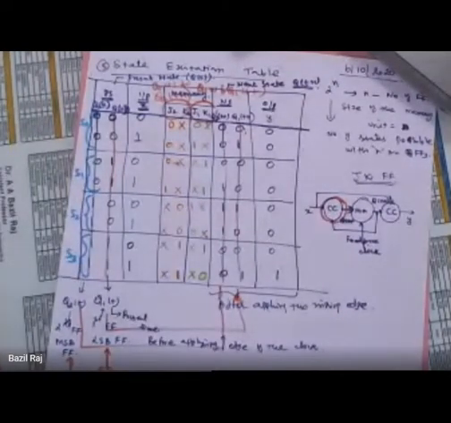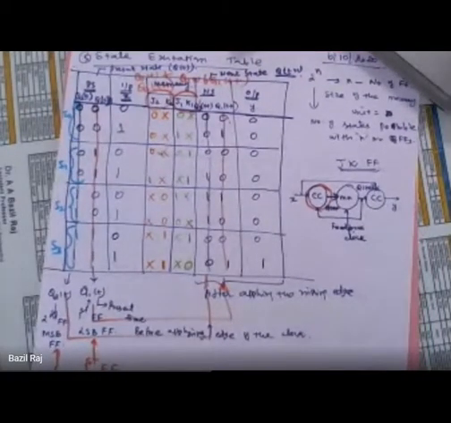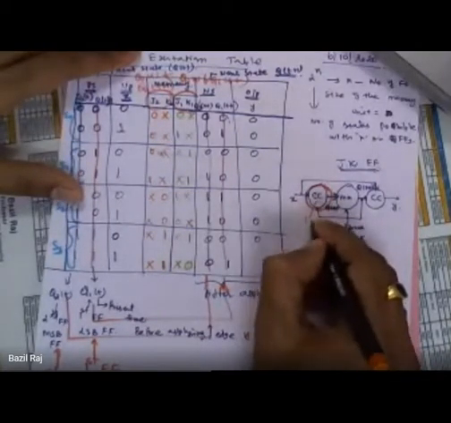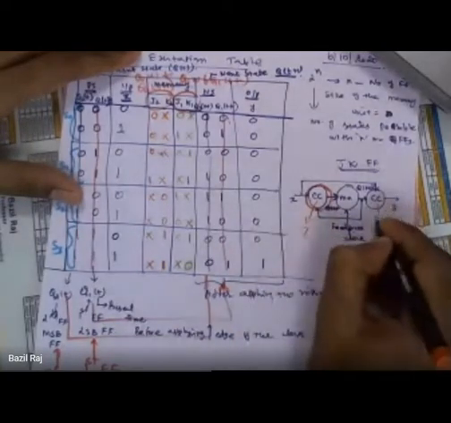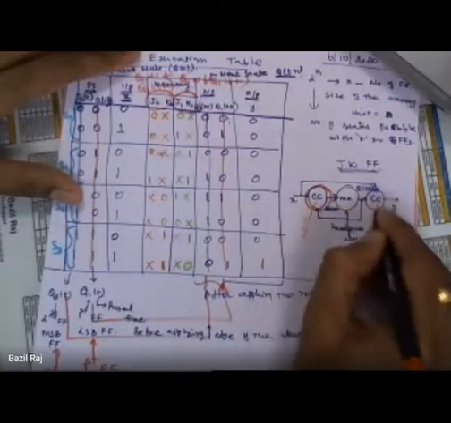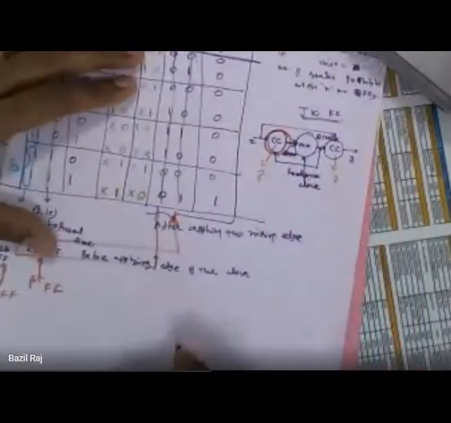Now we know what input we need to apply to the flip-flops to make the circuit work as per the predetermined sequence, that means to recognize the particular 1101 sequence. Now we need to find this circuit also, because the memory we have already known. This is the memory now.